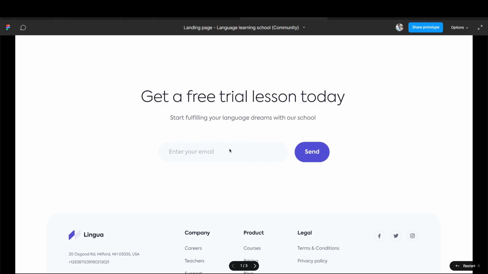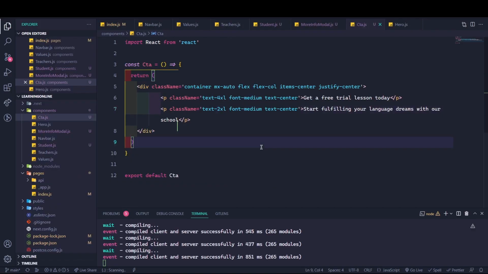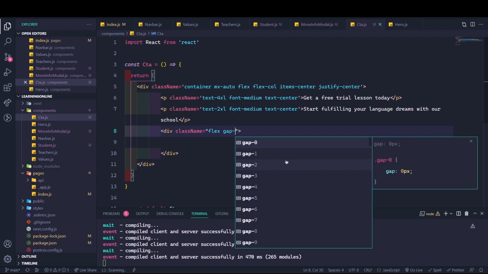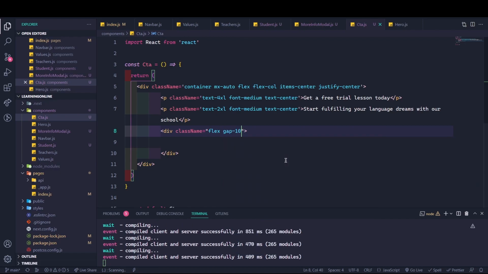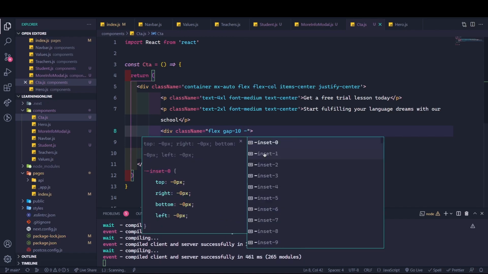Okay, now I need to make these things, right? So what I will do in here, I will give a flex, then that two portion will have a little bit of gap, like 10 or something like that,